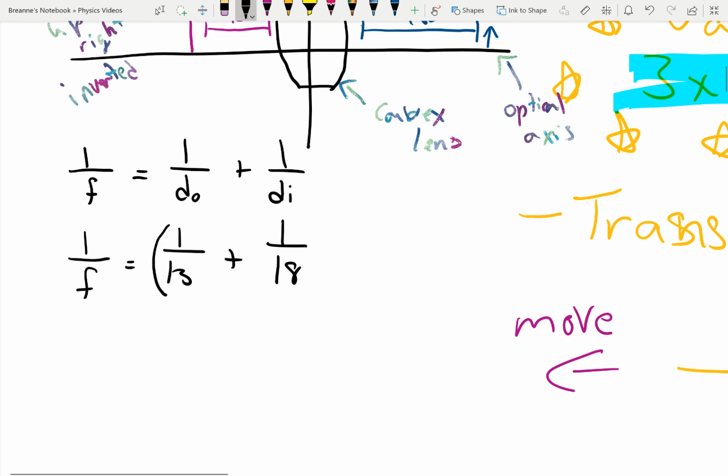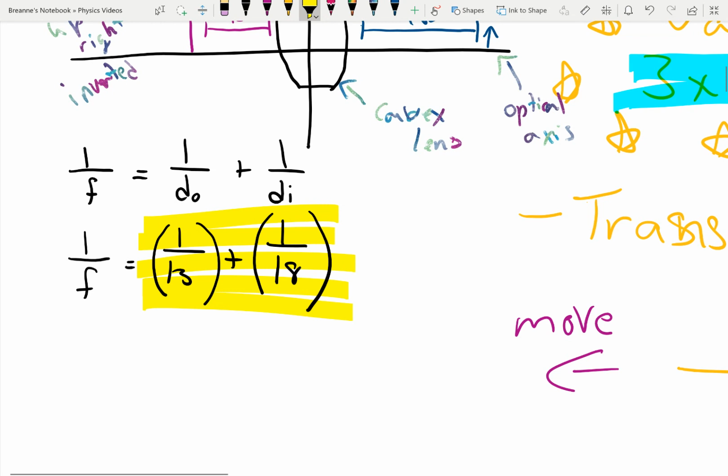But you have a calculator. So let's let the calculator do the hard work for us. You can plug it in just like this in your calculator. So when you grab your handy dandy calculator, push parentheses 1 divided by 13 in parentheses plus parentheses 1 divided by 18 in parentheses equals that. So 1 over F equals